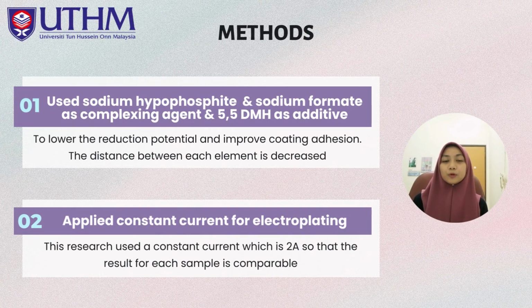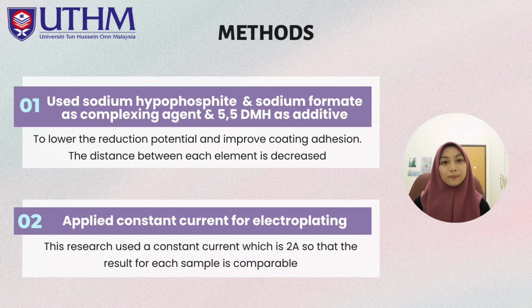For the next part, I'm going to explain the novelty and inventiveness of this project. In terms of method, we have used sodium hypophosphite and sodium formate as complexing agents to lower the reduction potential of copper, tin, and zinc due to the large gap between each element. Other than that, we have applied a constant current for electroplating, which is 2 ampere, so that the result for